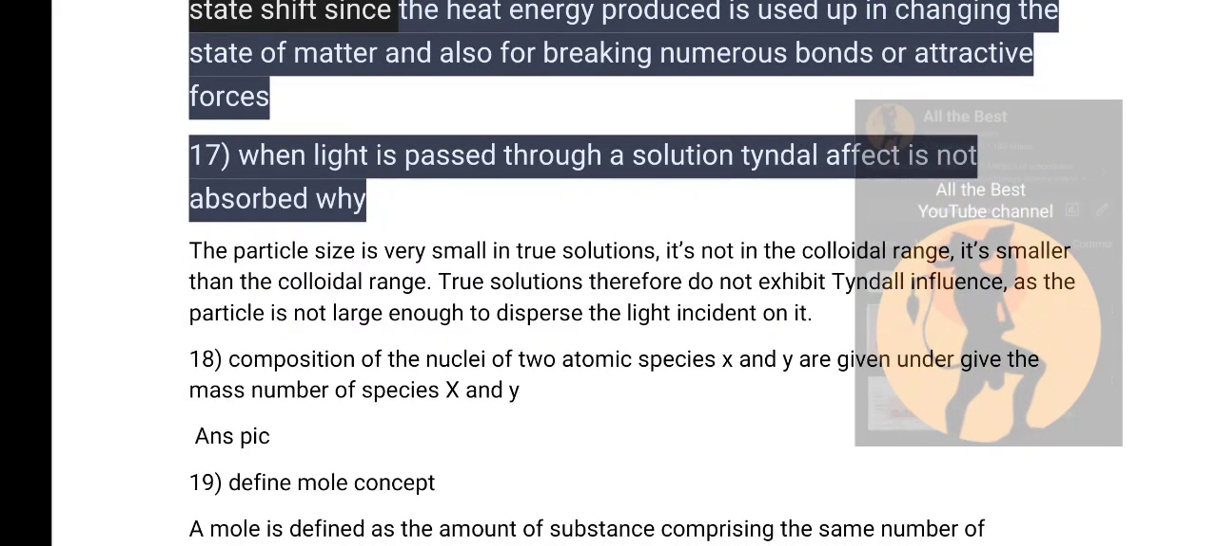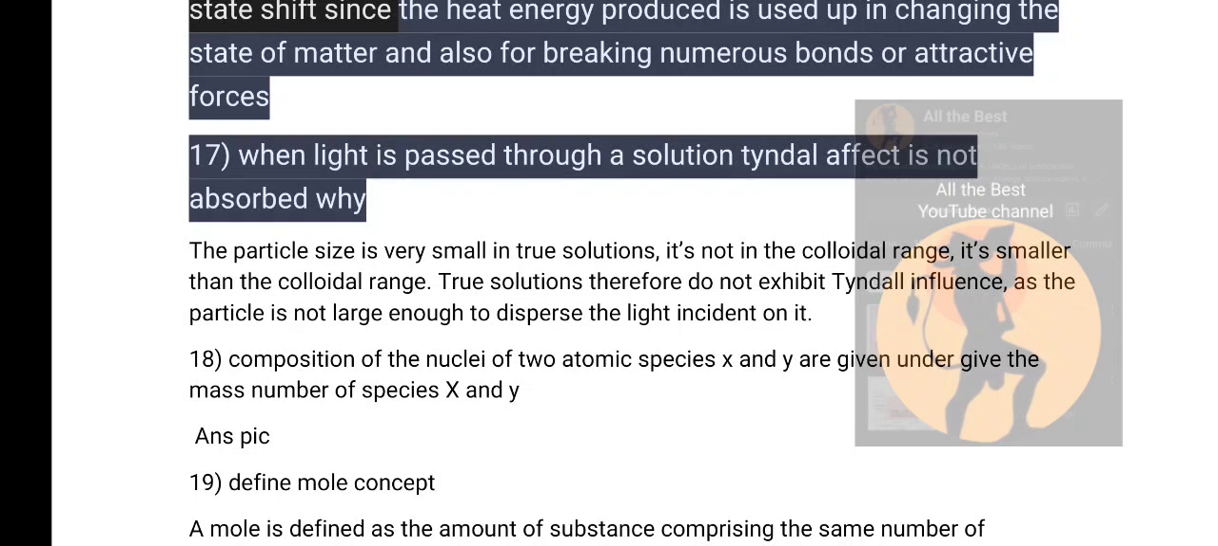Next question. When light is passed through a true solution, the Tyndall effect is not observed. Why? See, the particle size is very small in true solutions. It's not in the colloidal range. It's smaller than the colloidal range. So true solutions do not exhibit the Tyndall effect, as the particles are not large enough to scatter the light